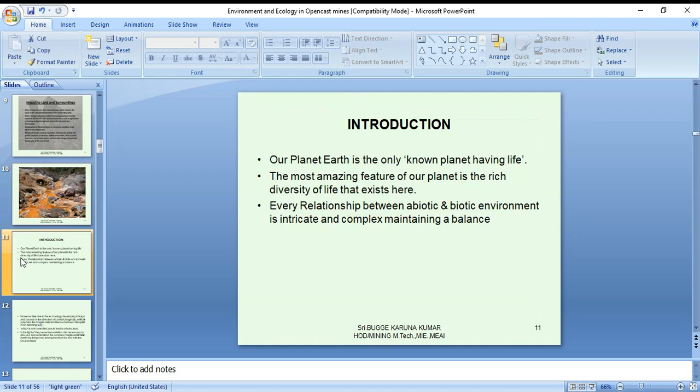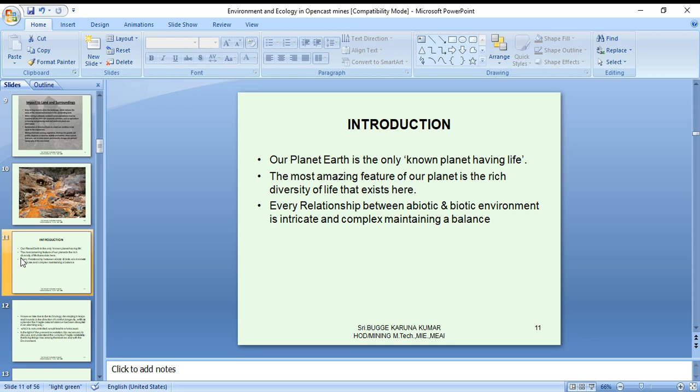Now, some interaction points as far as the environment is concerned is the topic of ecology. Our planet Earth is the only known planet having life. The most amazing feature of our planet is the rich diversity of life that is existing here. See what a beautiful universe we have.